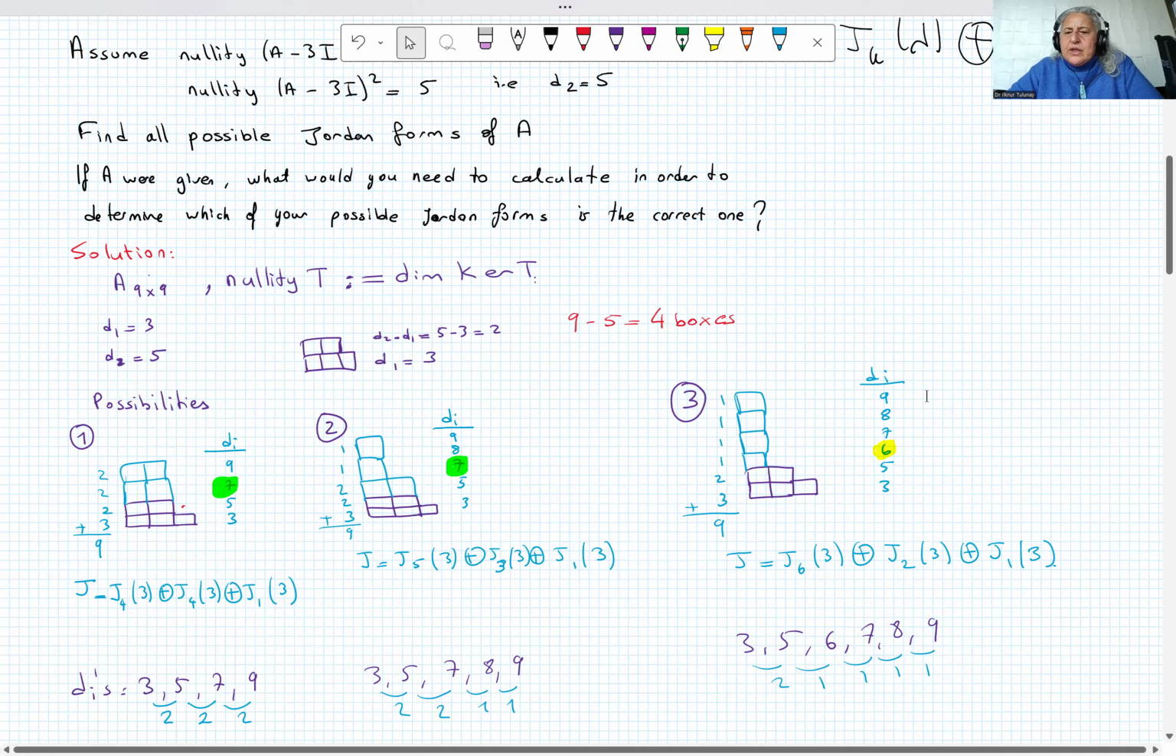For this possibility, I have 1, 2, 3, 4, 5, 6. I have J6, 3. And I have J2, 3, and J1, 3. So for this one, we can figure out the dimensions with respect to